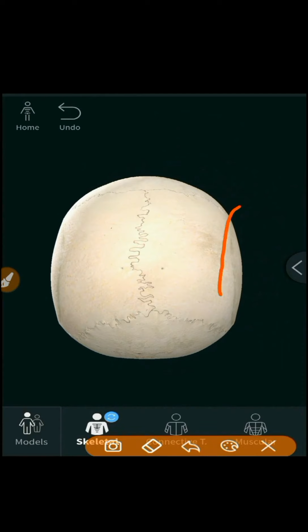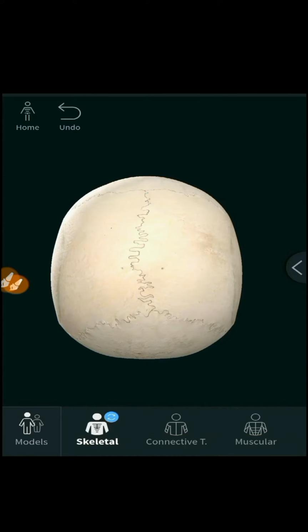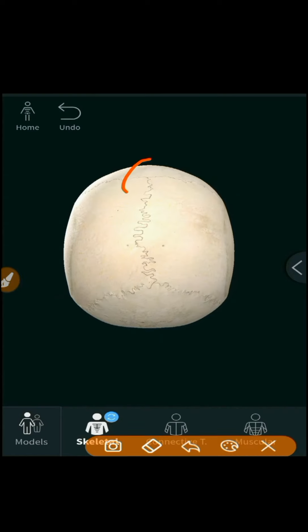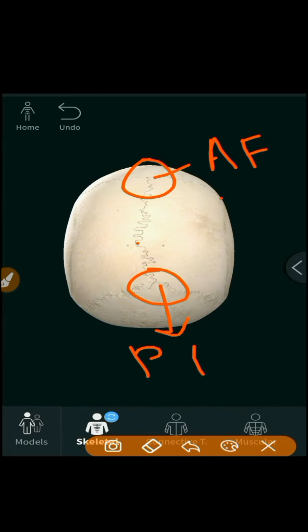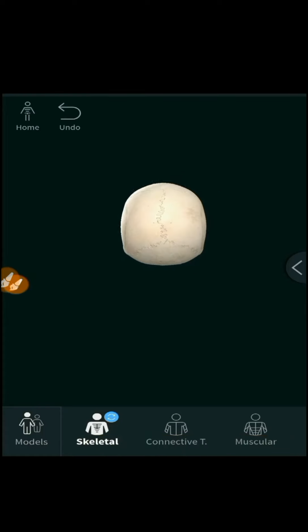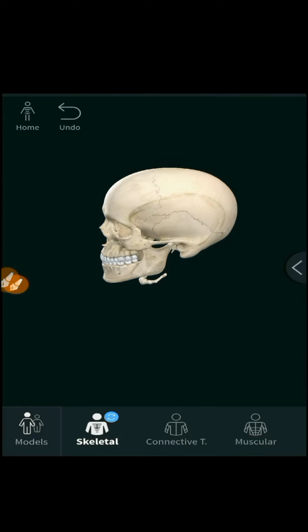And one more point we discussed is stephanion, where temporal line meets the coronal suture. Obelion and stephanion are the other 2 points of anthropological significance. So bregma is there, this is lambda, obelion, stephanion, and highest point on the skull is vertex. Bregma is the location of anterior fontanelle, the fibrous gap which fuses by 18-24 months. Lambda is the site of posterior fontanelle which fuses by 2 to 3 months of age.